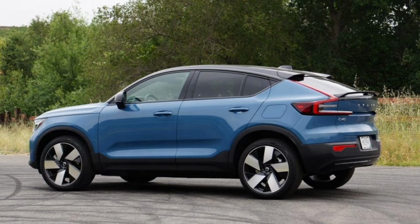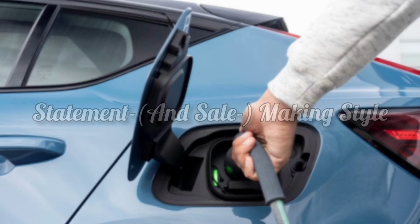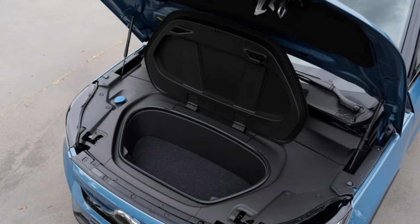However, the XC40 can be had with either gasoline or electric power. The C40 Recharge is exclusively an EV. If you want its good looks, you have to go electric. Making a statement and making style. Indeed, design is a primary selling point for the C40, and starting with the XC40 could only mean great things